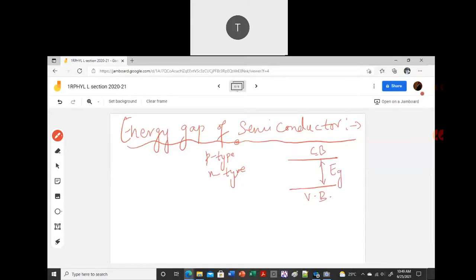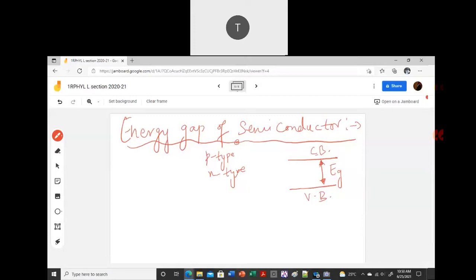This again we are going to learn more in your unit number 3, how to distinguish your energy gap and all. We have already seen this in your semiconductor laser. I had explained that in case of p-type, the majority charge carriers are holes, so they will be in the valence band. In case of n-type, majority charge carriers are electrons and they are in the conduction band. These things you have already learned.